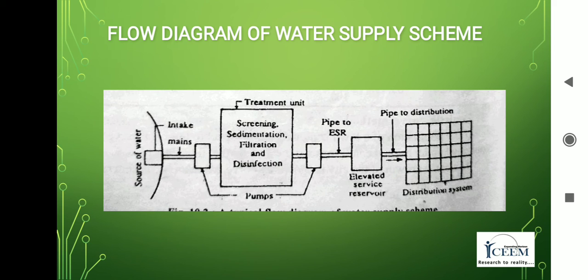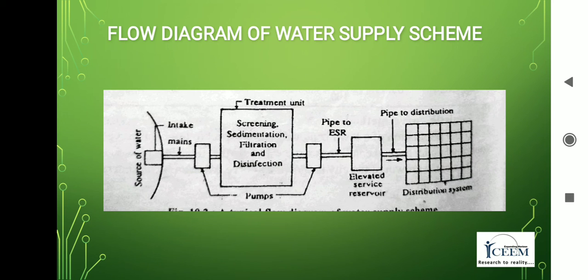The various units involved in water supply schemes should be designed to serve the maximum demand at any time. The following points should be considered for deciding the capacities of different components of the water treatment plant or water supply scheme. The source of supply, such as well, river, stream, etc., should have sufficient discharge throughout the year to satisfy the maximum daily consumption of the water.